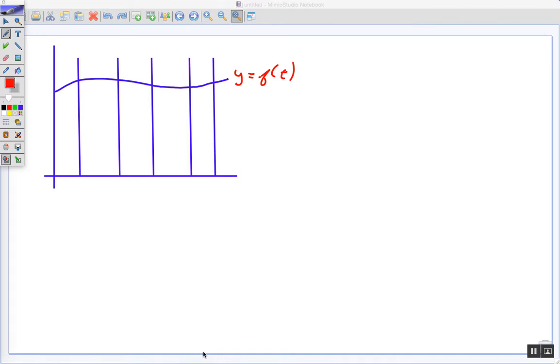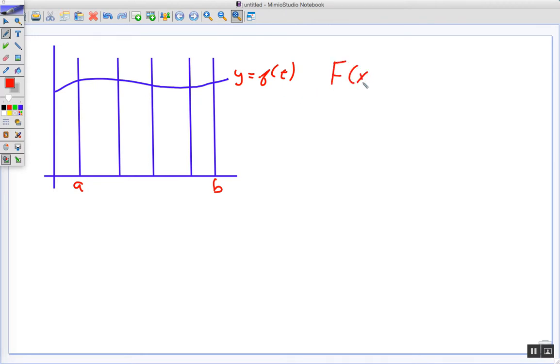All right, this video is on the fundamental theorem of calculus. So I just wanted to walk through that proof and then walk through a couple of examples. So if we have this graph here, y equals f of t, and it's bound by a and b,